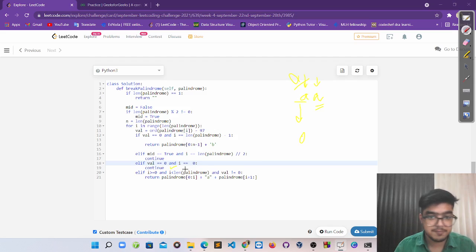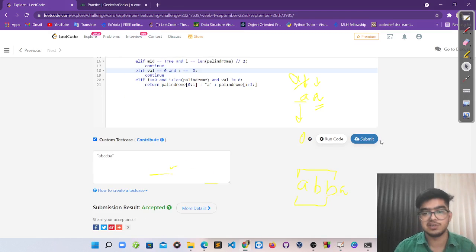We don't do anything. And this is the last case. If we have a string like a, b, b, a, then for i in range 0 to n minus 1, for any character, if we have a value which is not 0, it means it is not a, we simply replace it with a. And that is the solution.